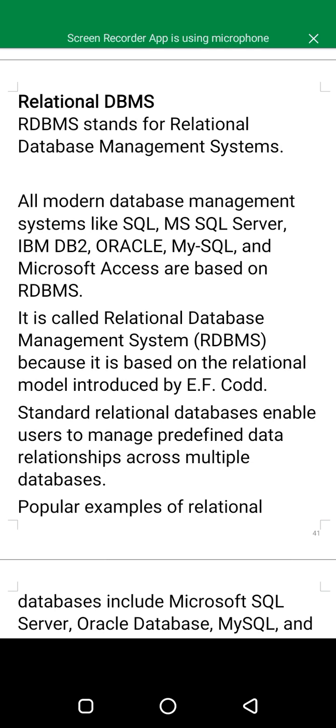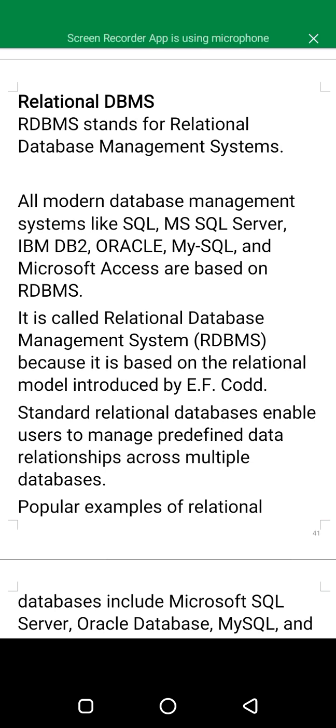It is called Relational Database Management System because it is based on the relational model introduced by E.F. Codd.